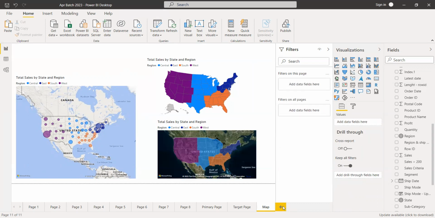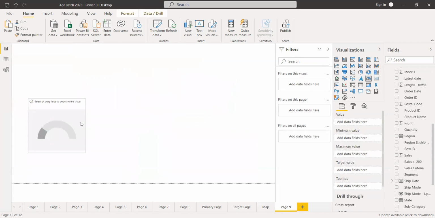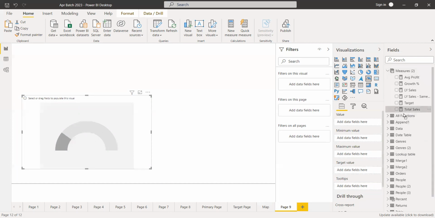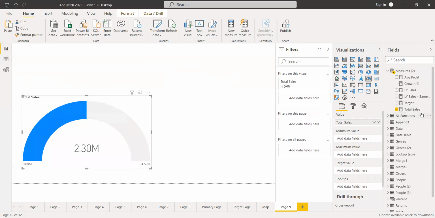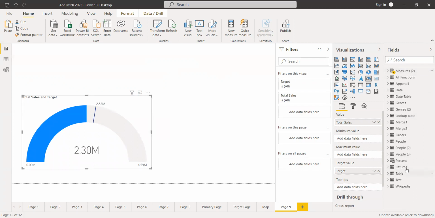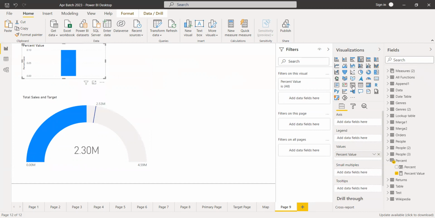Then we have something called the gauge chart. This gauge chart will help you in gauging your performance in terms of the sales and the targets. If you remember, we created a couple of measures. I am putting the sales in value, and the target I am putting in the target value. You see, my target is showing somewhere in here, and my sales is currently in here. That is what it will show you. And if I add the percent field also as a slicer,